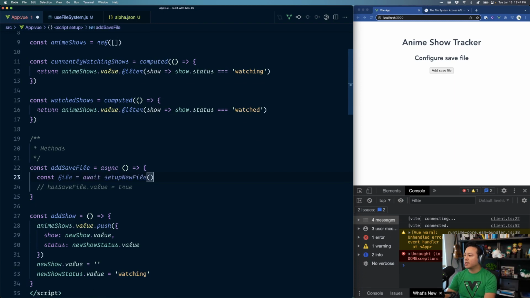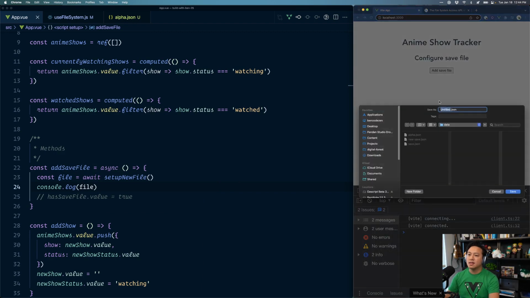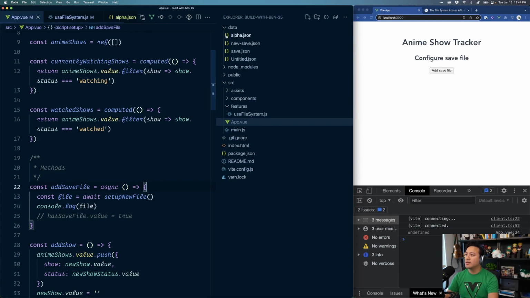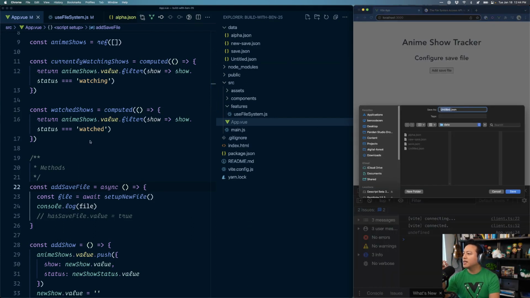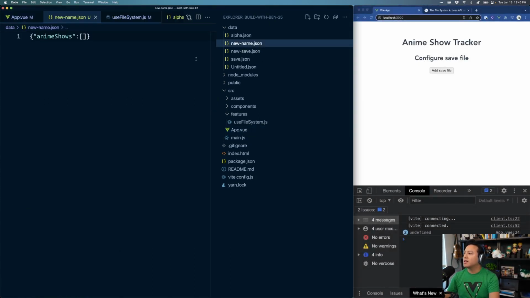Const file equals await setup new file, then log file. Save, refresh. Okay, untitled.json, it's saved. Oh, okay, that did work. Okay, cool. So that refactoring did work. So you can see here, I click save. All I needed to do was basically give it the name, new name, and then new name now contains the